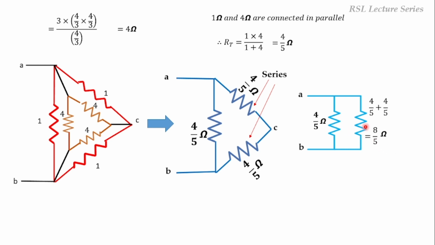Now these two resistors are connected in parallel because both the upper ends as well as the lower ends are connected. Now we can find out the RAB value. If two resistors are connected in parallel, then we can apply the formula R1 into R2 divided by R1 plus R2. So RAB is given by 4 by 5 into 8 by 5 divided by 4 by 5 plus 8 by 5. That will be equal